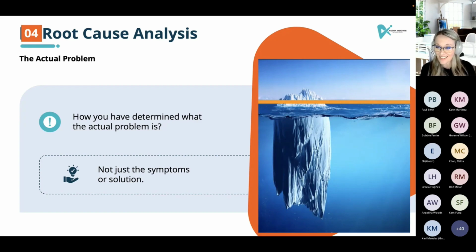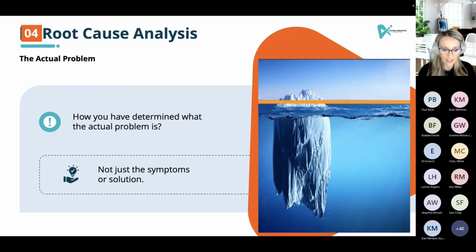Sorry, not the problem, the symptom. So water dripping is the symptom. That's not the problem. The problem is that we can't maintain the water within its current confinement. And so the water is getting out somewhere. So that's the problem. And when we do root cause analysis, we would have to go back through those pipes.